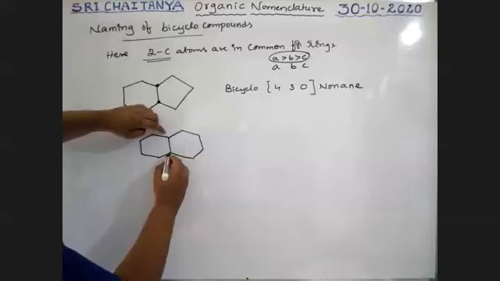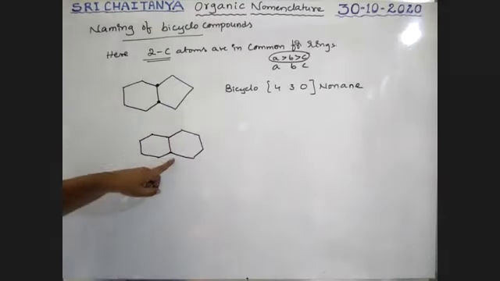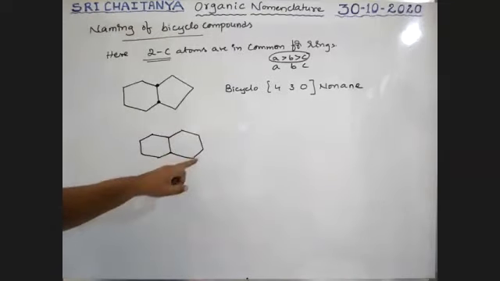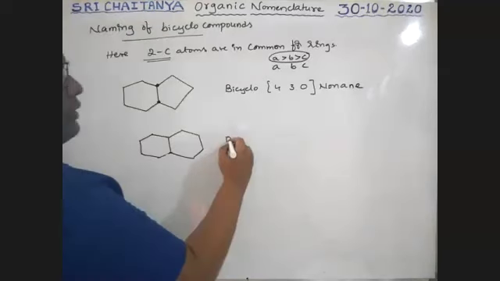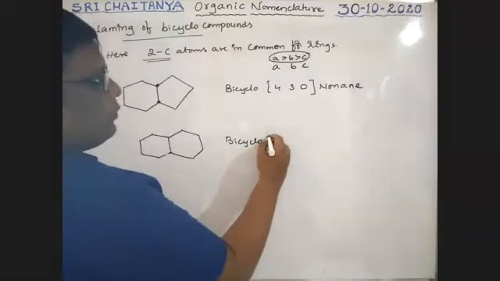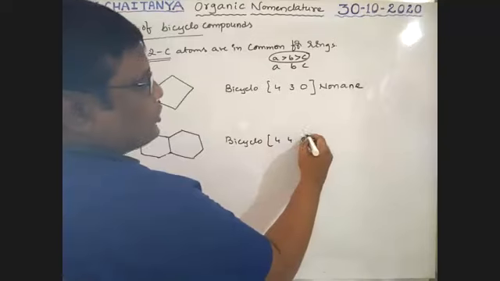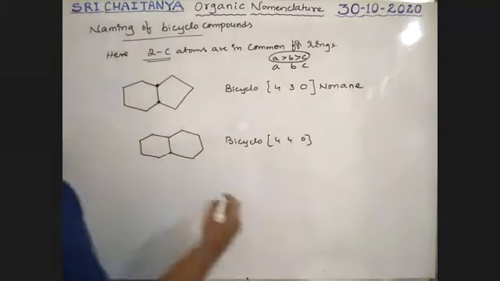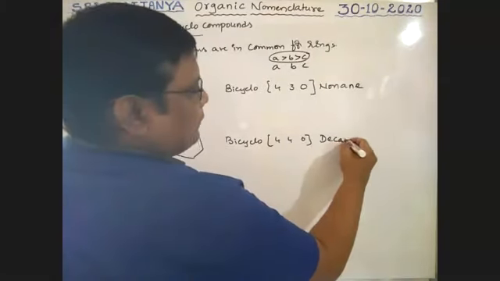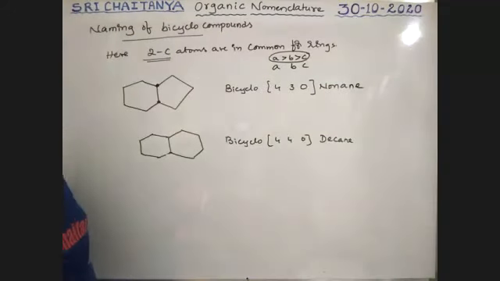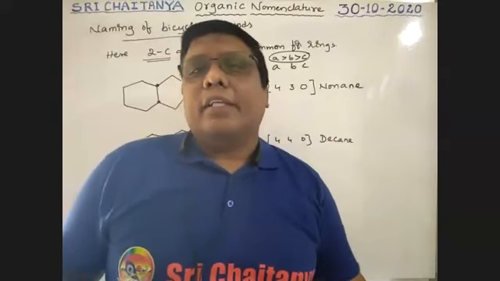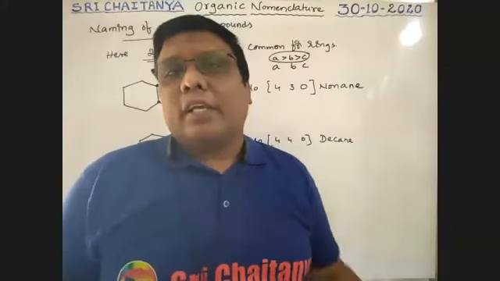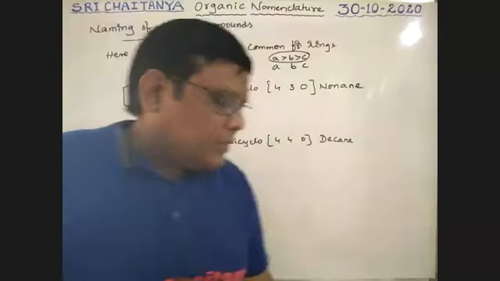Here 2 carbons are common in the bicyclic condition. Okay. 1, 2, 3, 4, 4. Between these two, none. Therefore, bicyclo 440. Total 10 carbons, decane. Yes, correct. Cyclo, not cycle. Kartikeya, that is Kartik. Cyclo, bicyclo. Okay. Next.